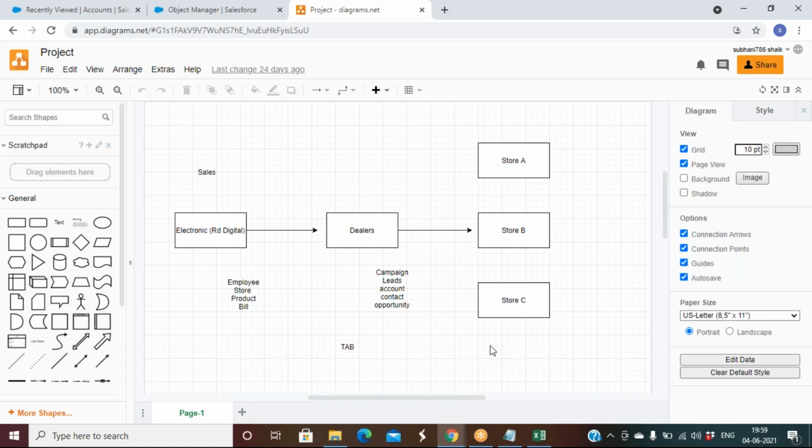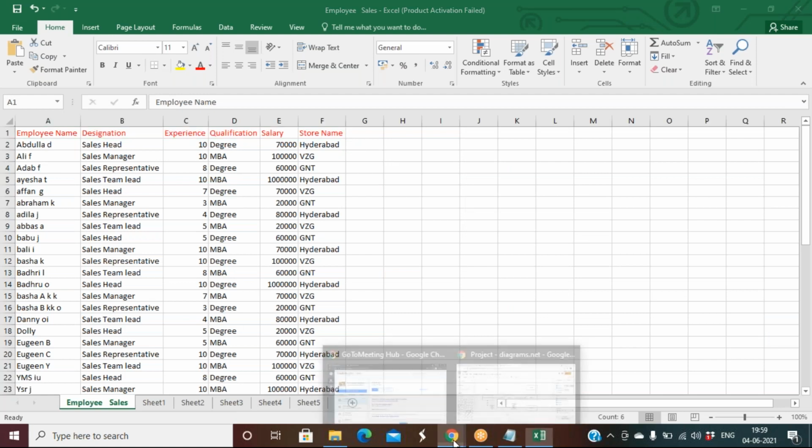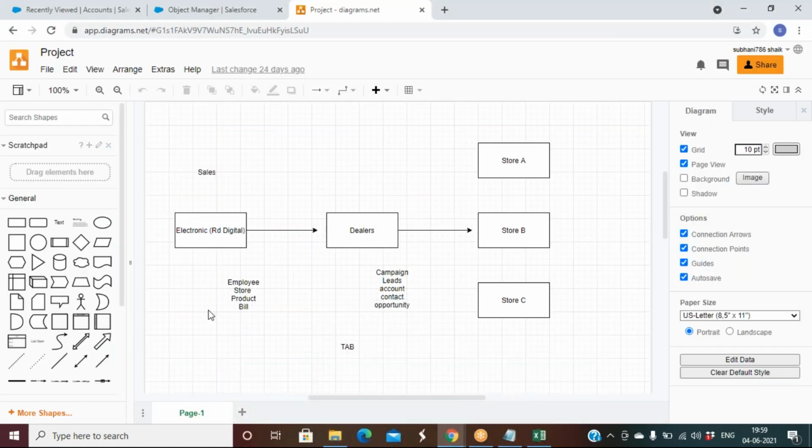So I decided employee is an object. For store, I want the store name, where it is located, the number of employees working in the store, the number of products available in the store, and the number of sales happening in the store. Also the store rating and how the service is going on, everything I want to capture. So I decided store as an object. The only concern is that as long as I am able to generate a record, I will consider it an object.